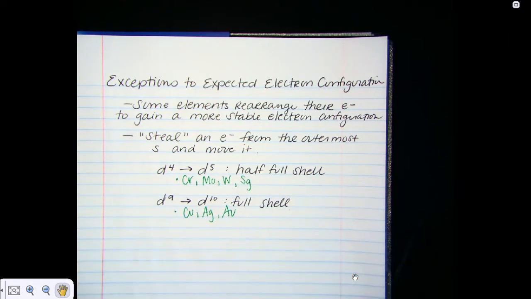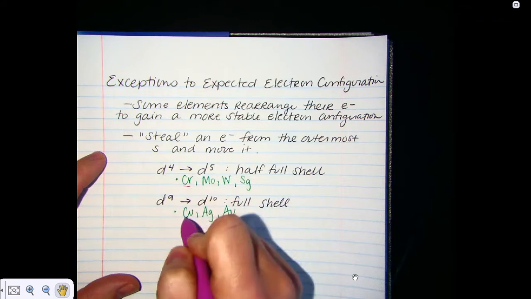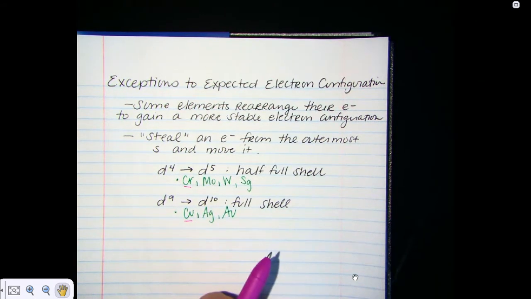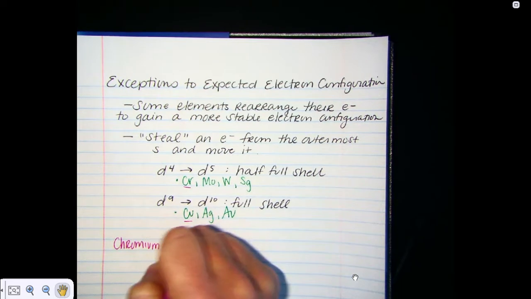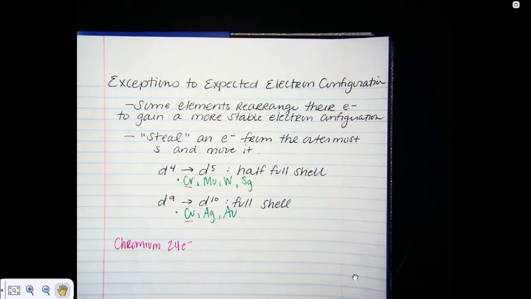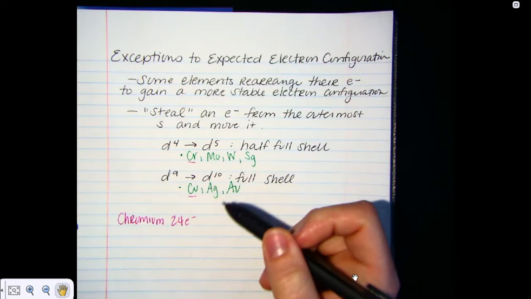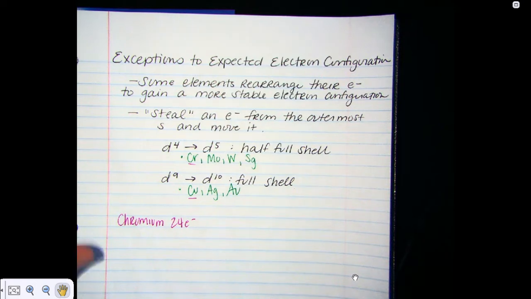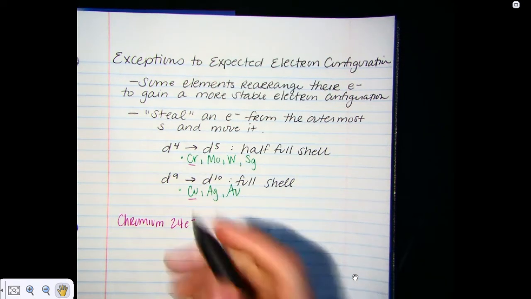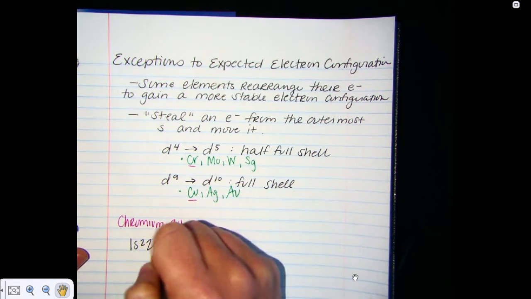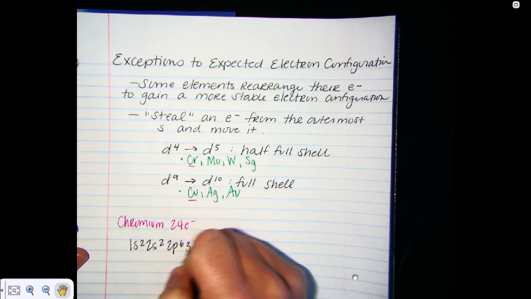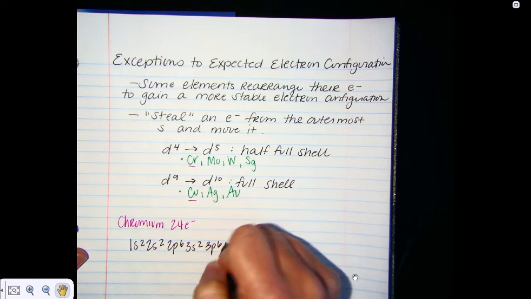So this actually makes a little bit more sense when I draw one out. So we're going to draw one out for, I'll do chromium and copper, just because those two are the easiest to do. So for chromium, 24 electrons. So I'm going to do what you would expect to see in black, and then I'll show you what you'll actually see in the pink pen. So according to Aufbau, this is what we would see for chromium. 1s2, 2s2, 2p6, 3s2, 3p6, 4s2,